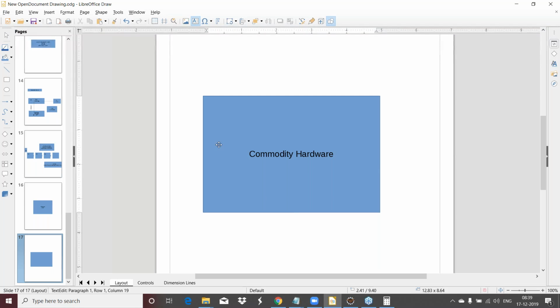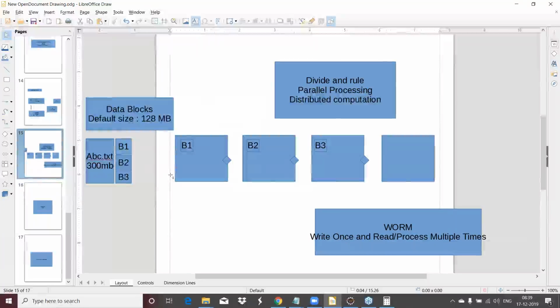So if I come back to this solution, we are saying that in Hadoop we are using commodity hardware, and because of that there are question marks raised onto the reliability part of Hadoop. But whenever there is a problem, there is a solution given by Hadoop. So Hadoop has a solution to this problem as well. What Hadoop says,